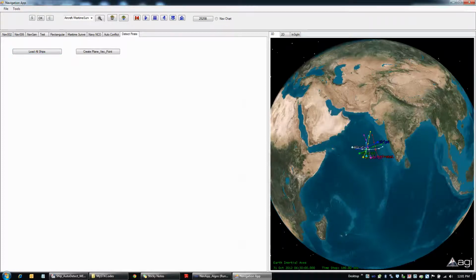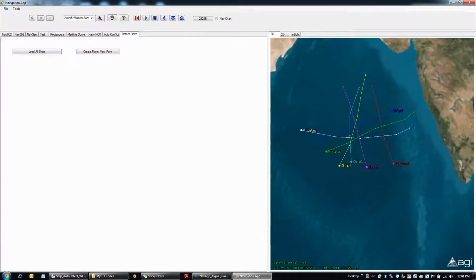So I'm going to load all the ships here just to prove the point. There are 4 ships, okay, 1, 2, 3 and 4. These are the ships, and we know only the bearing angles. These are the unknown ships, Pirate 1 and Pirate 2. Basically I have just shown it to display its location, and I'm taking only the vectors from ship 1 to ship 2, ship 2 to all these 3 pirates, only the bearing angles. That is the only info I have, and I'm basically computing the location.